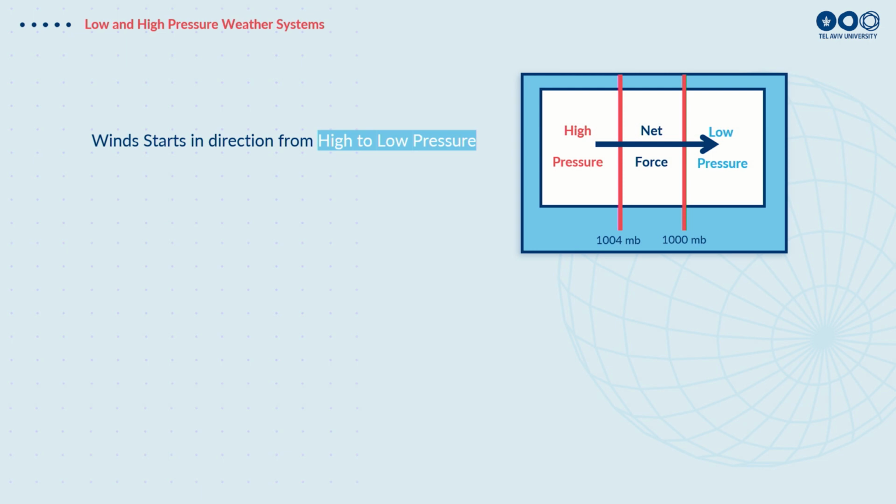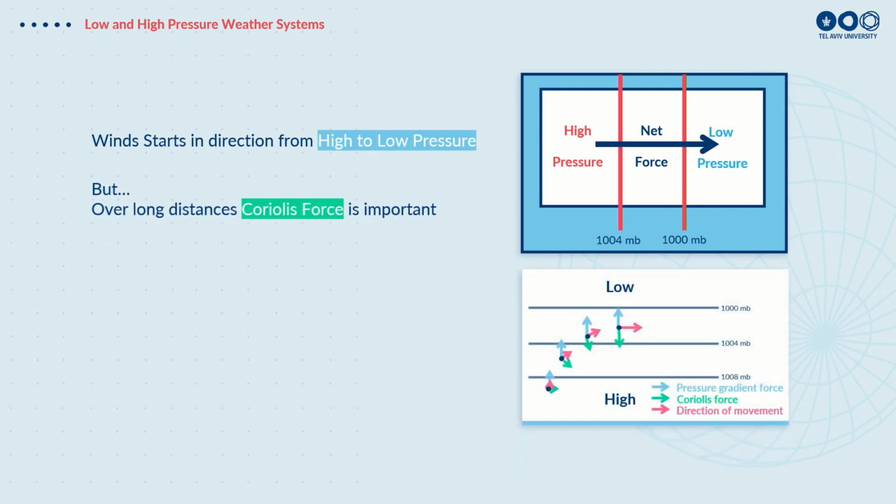You can think of any physical object. If you have a cup sitting on your table, it won't move until there's a difference in force or pressure. If you push it from one side, you're giving it higher pressure on that side, and it will move in the direction from high pressure to low pressure. The same in the atmosphere. When we have differences in horizontal pressure, the air will start to move to try to balance things again, like we saw before with the radiation and the heat. So when we have differences in pressure, the air starts to move, and will always move from high pressure to low pressure.